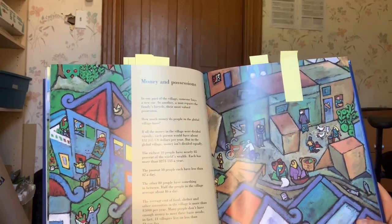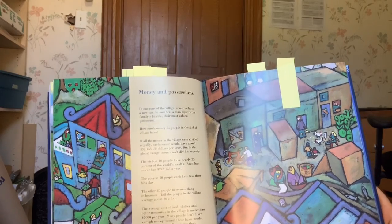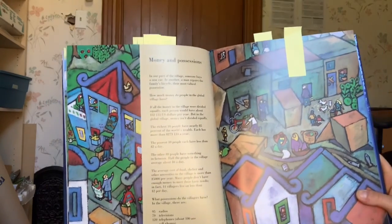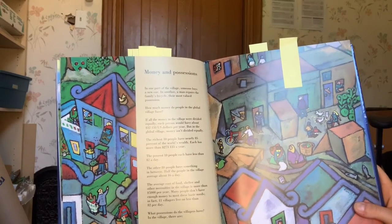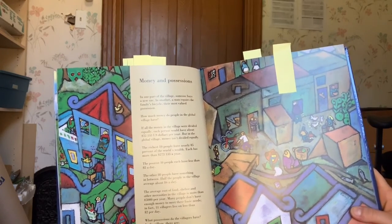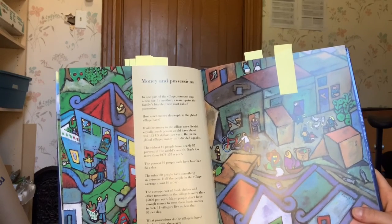In one part of the village, someone buys a new car. In another, a man repairs the family's bicycle, their most valued possession. How much money do the people in the global village have? If all the money in the village were divided equally, each person would have about